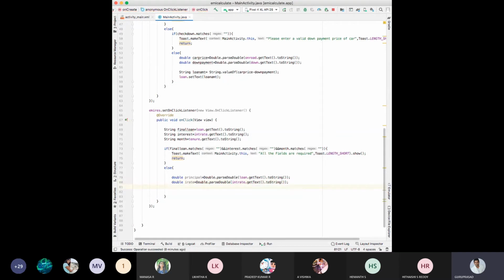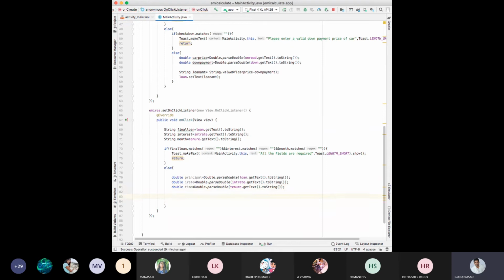Then double time, dot parse double, tenure dot get text to string. So I'm saving all this in doubles.